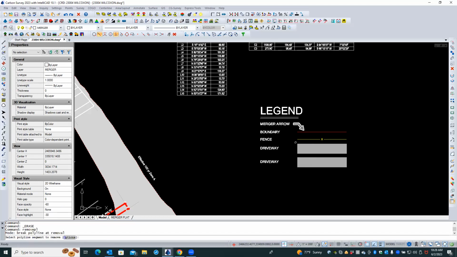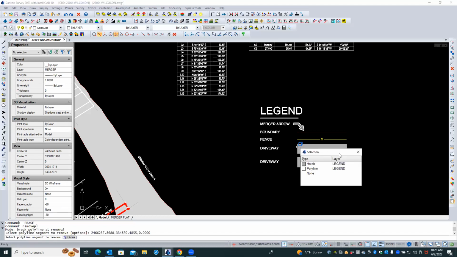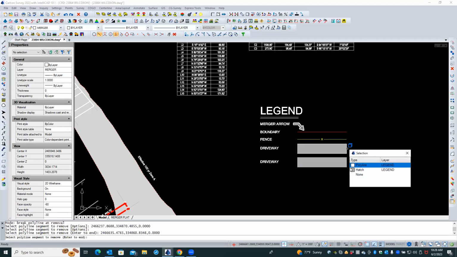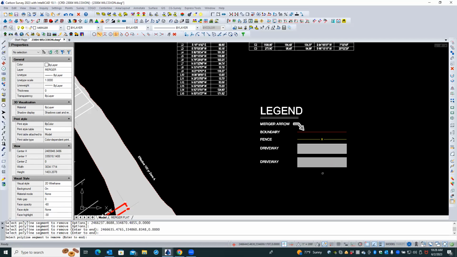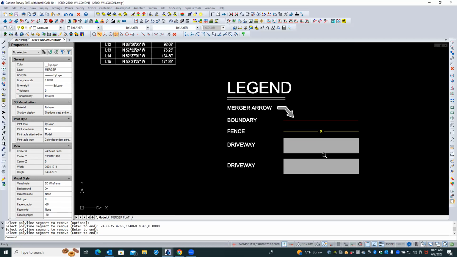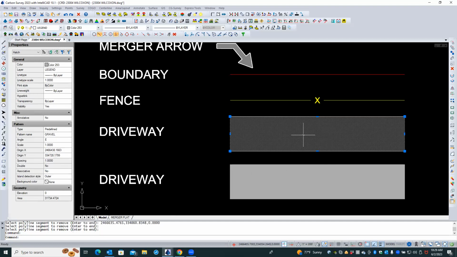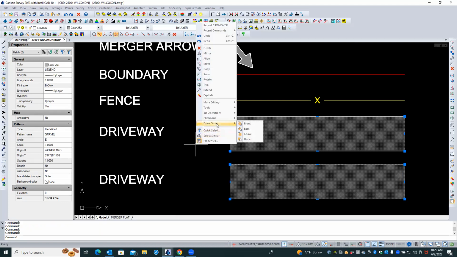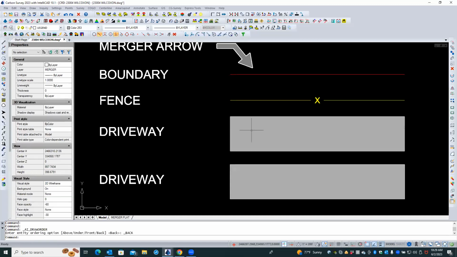I think I would take these end caps off, so that it'll show up sort of black over top of the hatch. And then change the driveway to floodplain? Yeah. So I'll send this to the back, and I'm gonna also